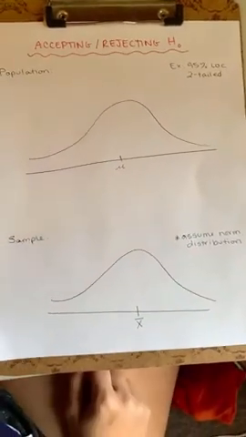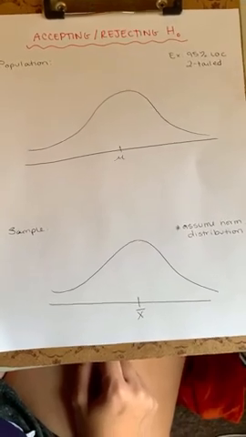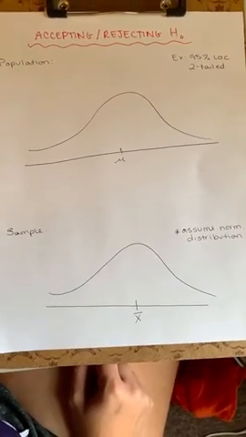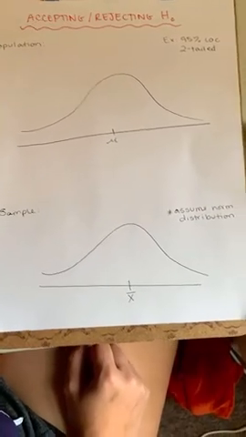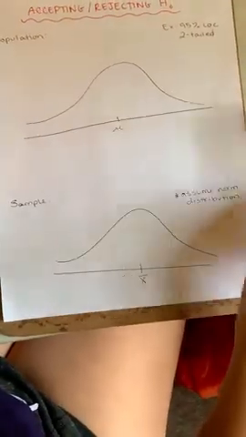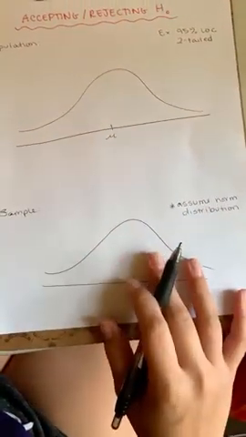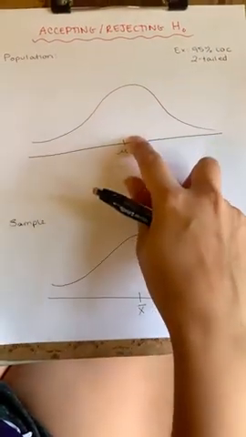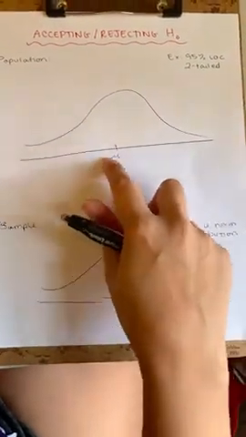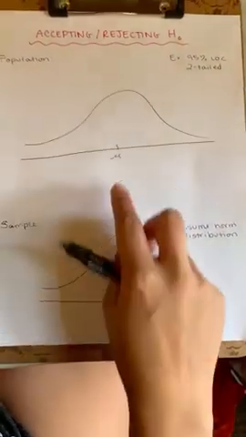Hi everyone, I just wanted to do a video on, or just kind of reiterating when we accept and when we reject the null hypothesis. This week we were doing a very simple concept of when we're comparing or statistically inferring a sample mean to a true population mean. In this case, we either know the population mean or we don't and we're trying to